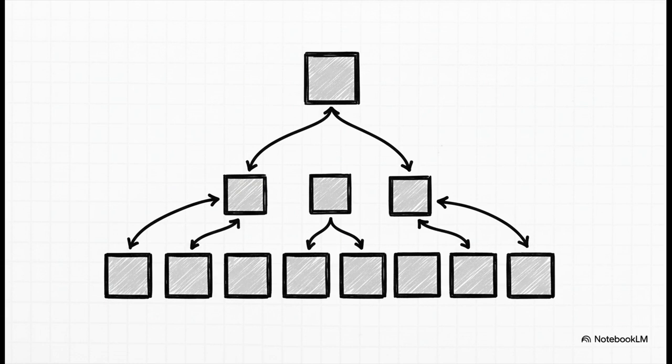The solution here is just so elegant. It's a data structure called a Merkle tree. Instead of hashing all the transactions in a block together in one go, you hash them in pairs. Then you take those resulting hashes and hash them in pairs. You keep repeating this process, kind of like a tournament bracket, until you're left with just one single hash at the very top. That's called the Merkle root, and it efficiently summarizes every single transaction below it.